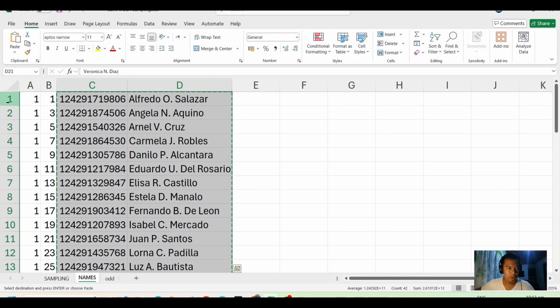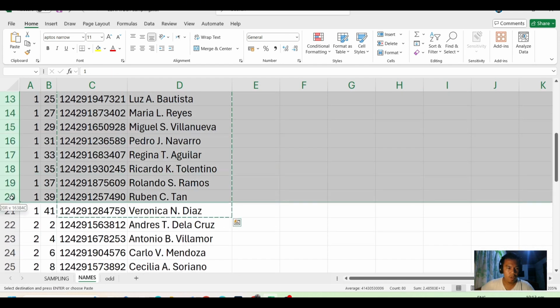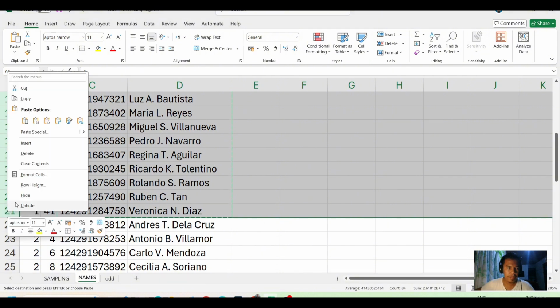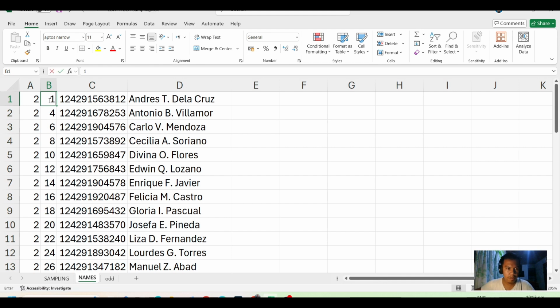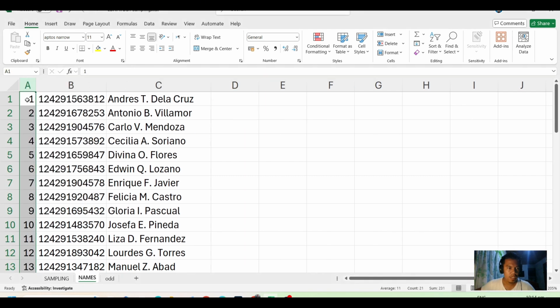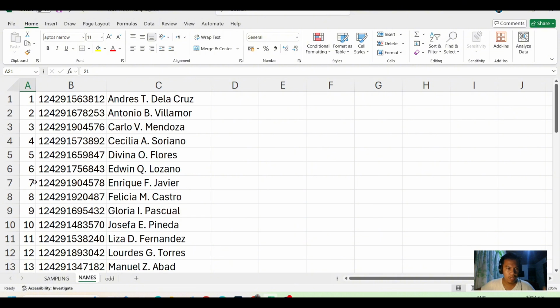So we will again restart the numbering from 1. How many remaining learners? We have to delete this one, and then restart the numbering. If you do not have the number sequence from 1 up to 21, it's okay too.